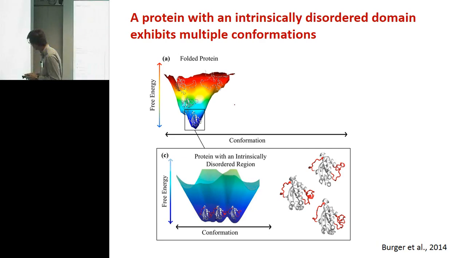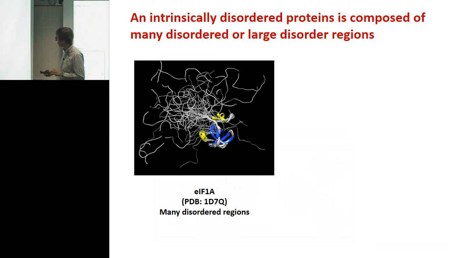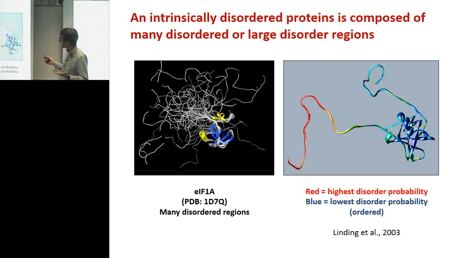Then we can have another case where you have just a small region that can be fully crystallized and have a three-dimensional structure, and then you have multiple regions that are highly disordered, and they could have different forms and shapes. So you can have more than 50% of the protein that is highly disordered, or you can have somewhere around half of the protein disordered.